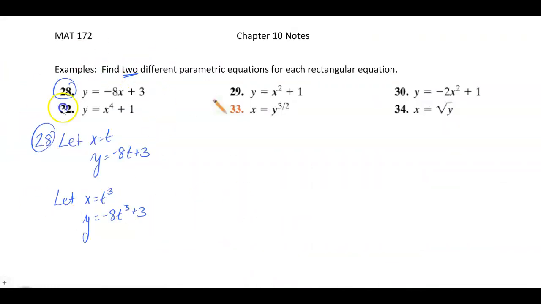There's an infinite number of options that you could choose for that. The easiest is to let x be equal to t, but something like this would work also. We actually could also do y as t if we wanted another option. So then x would be equal to,